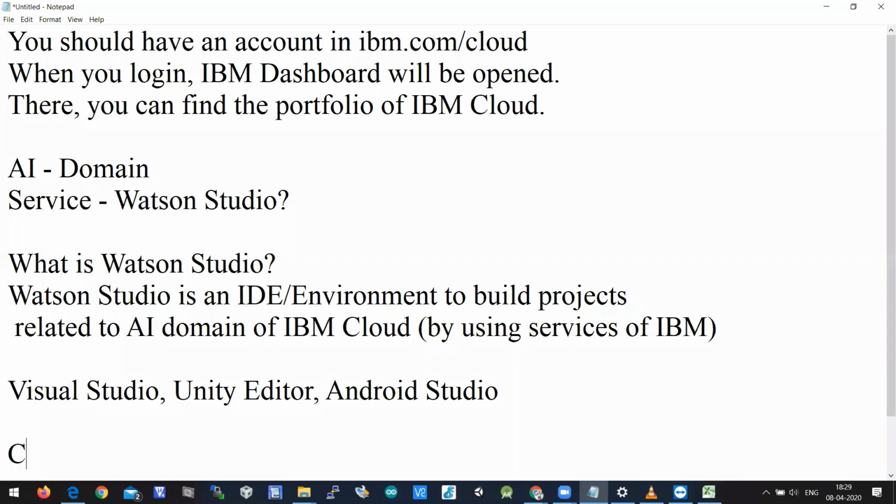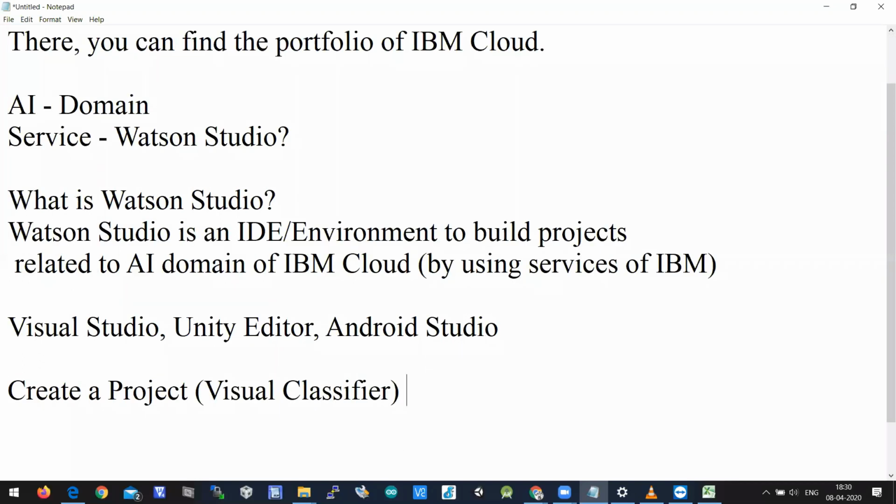So next, let's create a project. This project is nothing but a visual classifier.